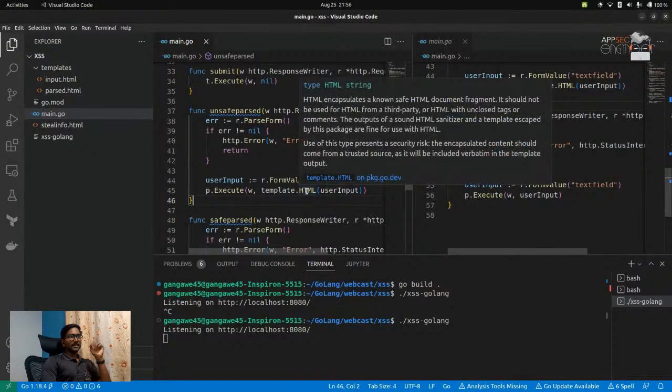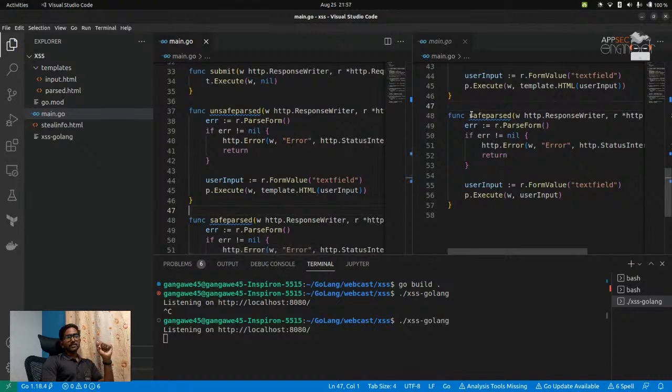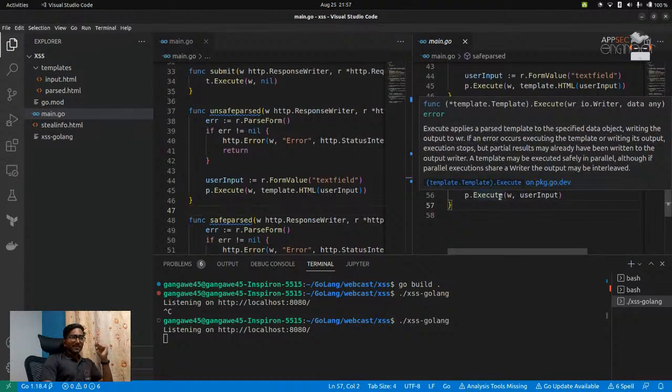And in this case, if you were to see it, it explicitly mentions that this particular method is only to be used in case you have a known safe HTML document fragment, which I clearly don't. But in the case of a safely passed thing, you simply execute the template and that's it. Why? Because you have something called the HTML slash template package that is served directly through Go. And if I were to click on this,